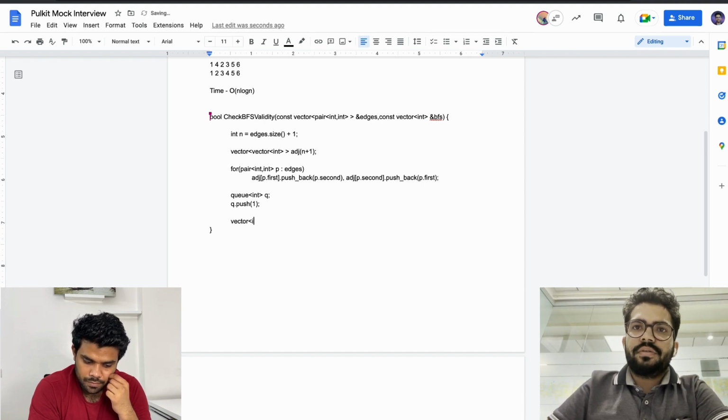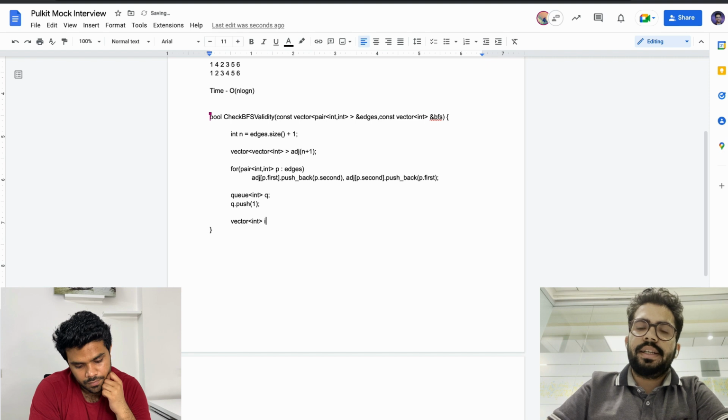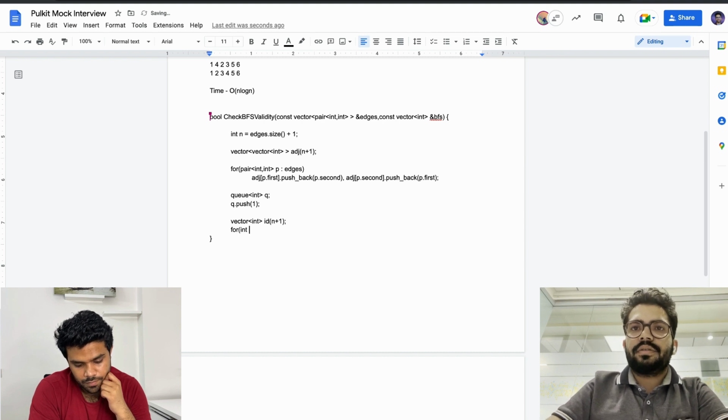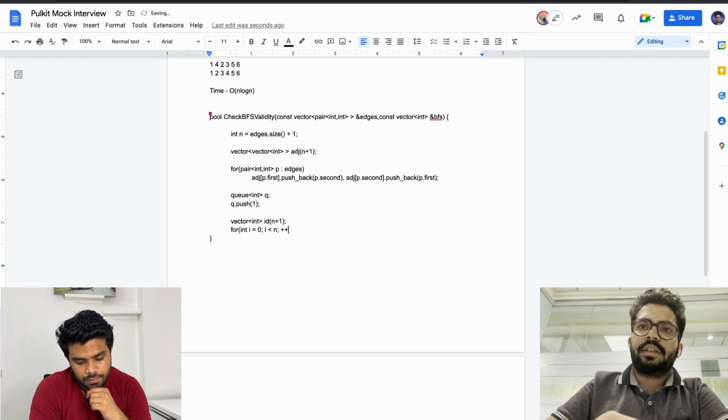So here I'll be storing the indices. Basically ID for n+1, like we discussed, right? I'm assuming that the BFS order will have exactly n nodes. Is that okay? Yeah.